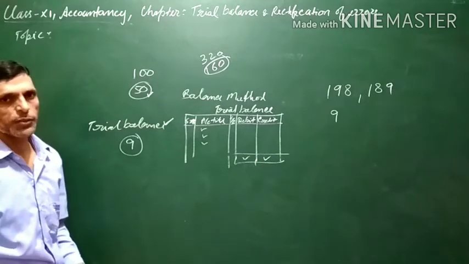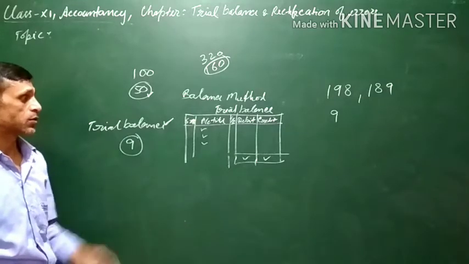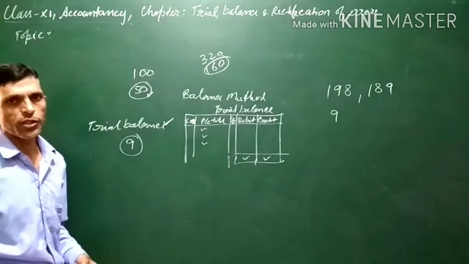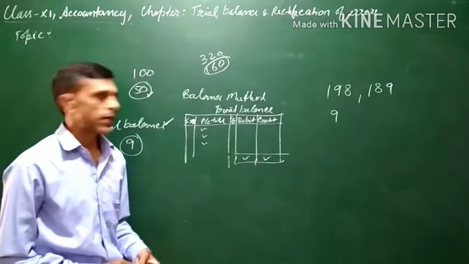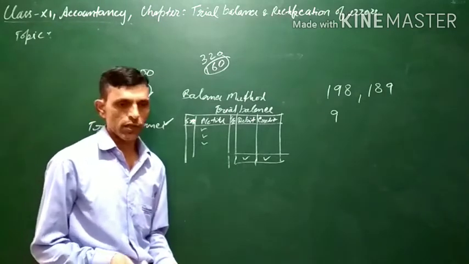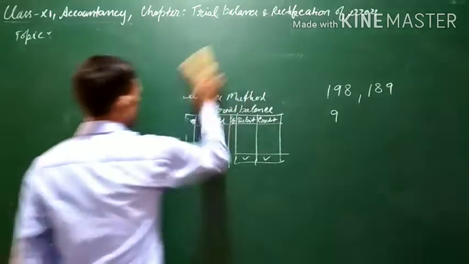So these are the various methods of rechecking and finding out the error after the trial balance does not agree, and we have to follow these various rules to detect the error. Next we will come to how to rectify the errors. There are basically two ways through which the errors can be rectified.